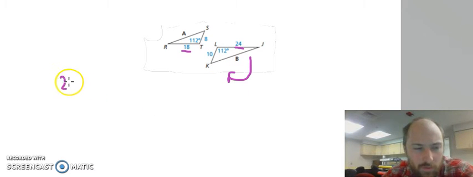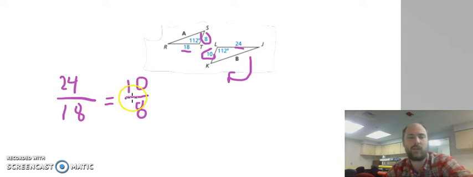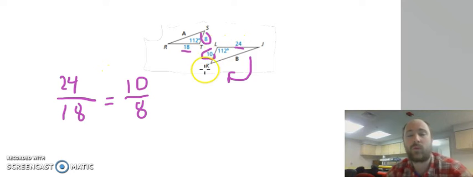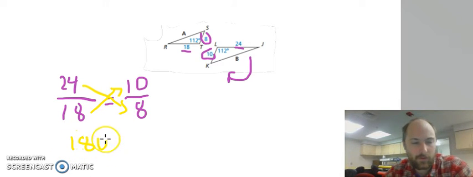So that ratio would be 24 over 18, and that must be equal to our other ratio here, which would be 10 over 8. Those are our other corresponding sides. If these ratios are equivalent, then we know for sure that by the side angle side theorem we can prove these two triangles are similar. So let's work this out. We can cross multiply again. I'll change colors. We have 10 times 18, or 180, equals 8 times 24, or